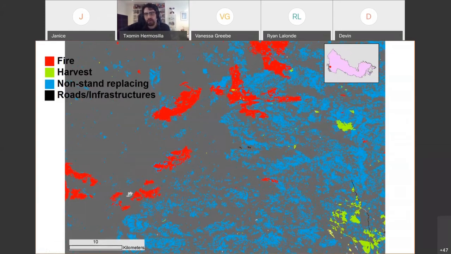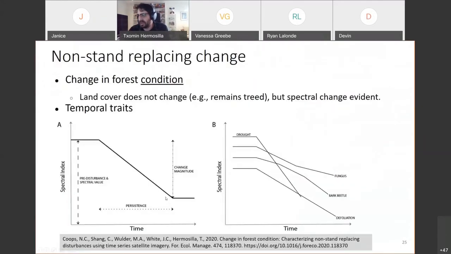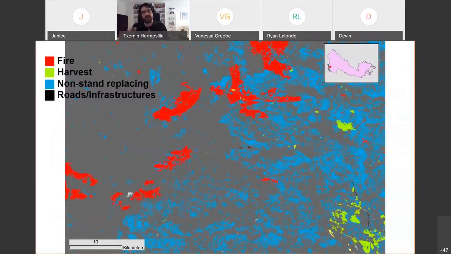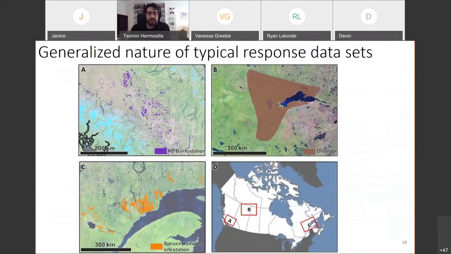And we record the occurrence of the change at the end of this spectral trend. So even when this change has been occurring through this time, we record as the change year the end of the time series. So we could potentially transfer that information through all the years where that change happened. That's one thing. The other thing is the datasets that are used to map and